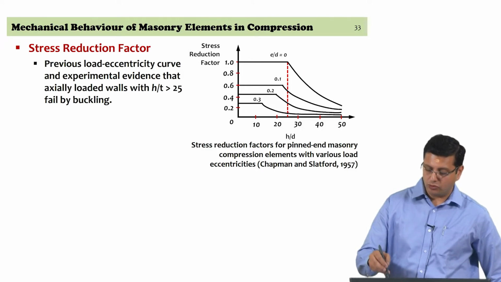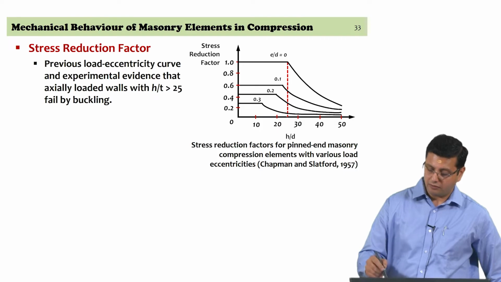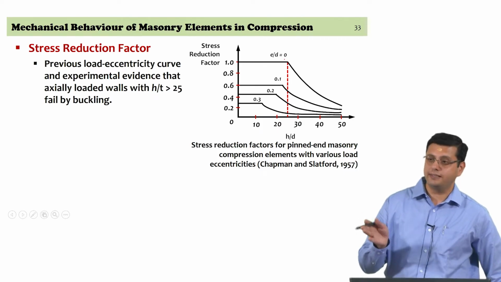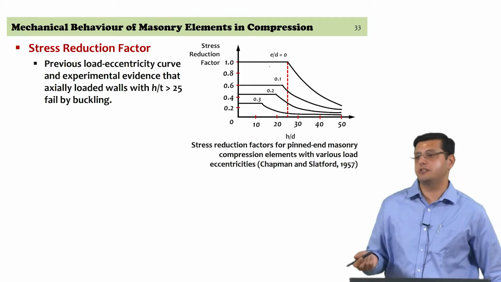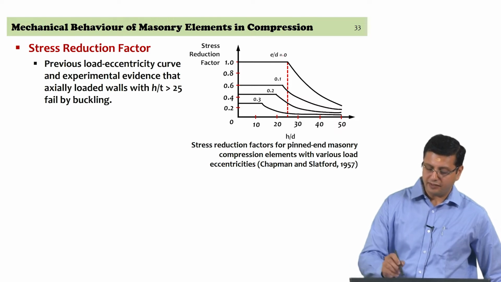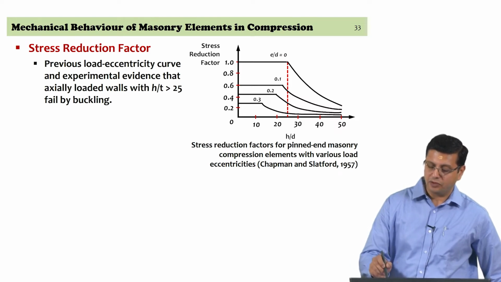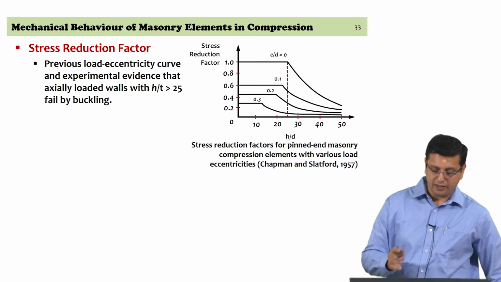So, at about H by T of 25, which is the red dotted line with no eccentricity of the load itself, you do not use a stress reduction factor. So, you can see that at H by D of 25, the stress reduction factor with no eccentricity of the load is 1. So, there is no reduction that is required, and this